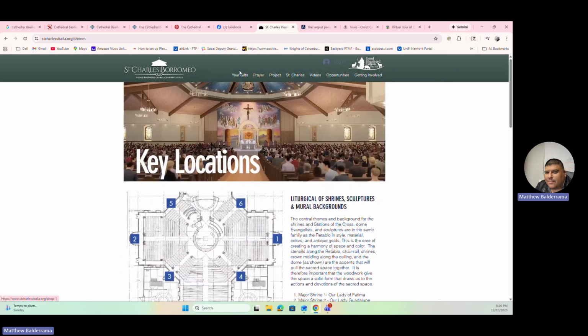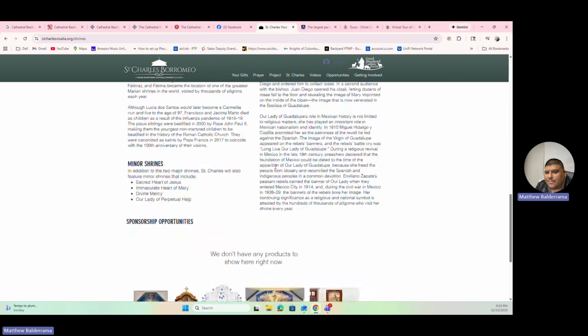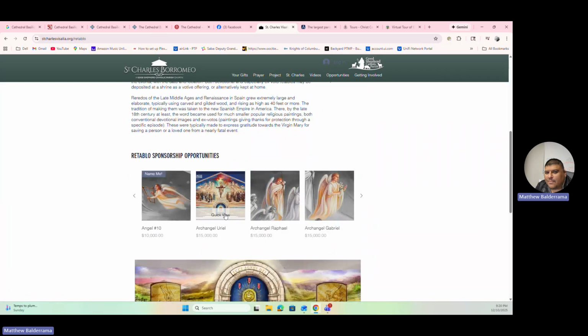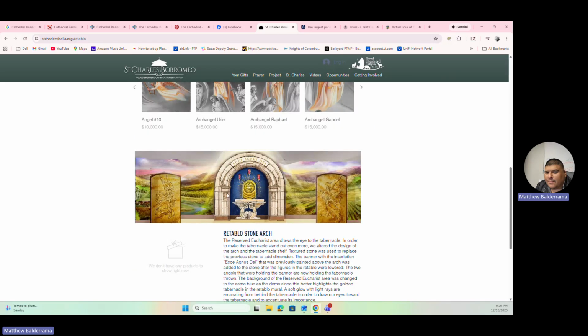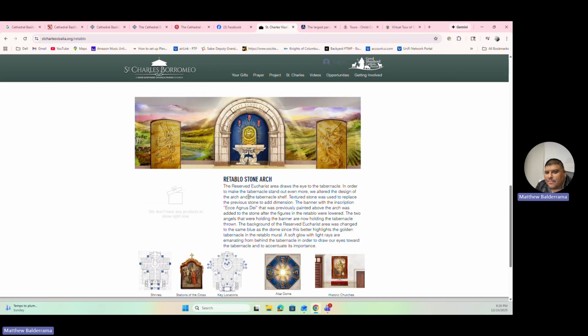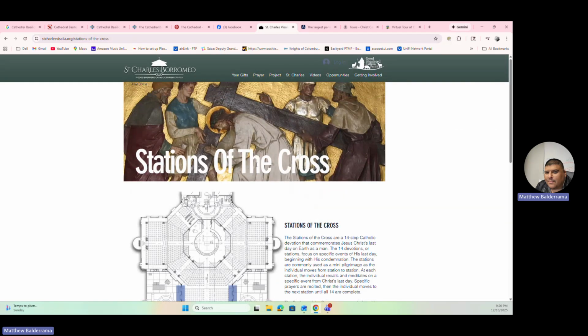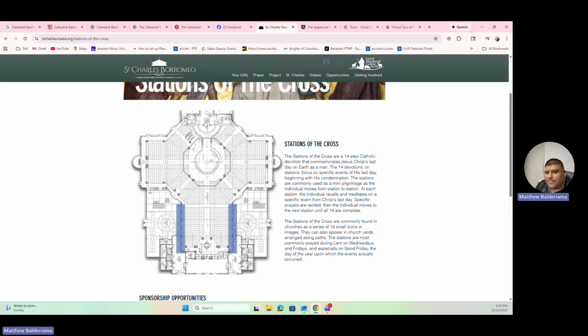Being able to see the imagery that they have, it is currently the largest Catholic church in the United States. You can see the funding that it took to get it done, the paintings, the tabernacle, the stonework for the tabernacle, the stations of the cross, all hand painted, which is really amazing. You can see this one as an overview, a top bird's-eye view when you would walk in.